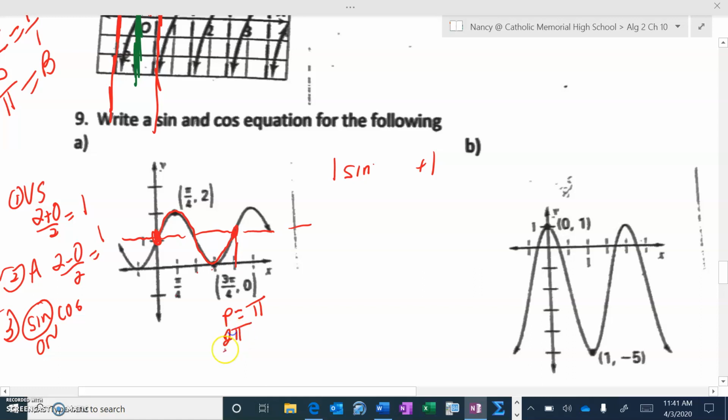So you're going to go 2 pi divided by b is equal to pi, cross multiply, 2 pi is equal to b pi, divide by pi, b equals 2. And we'll finish this on the